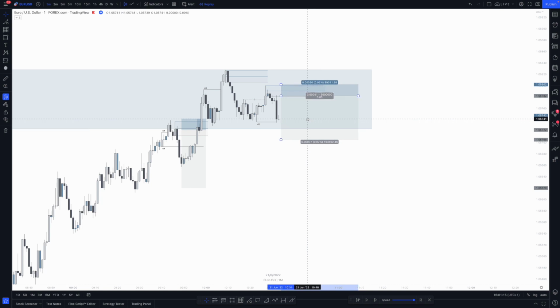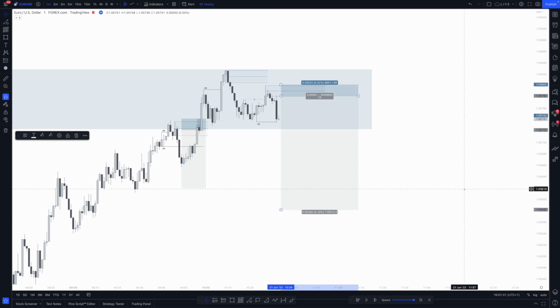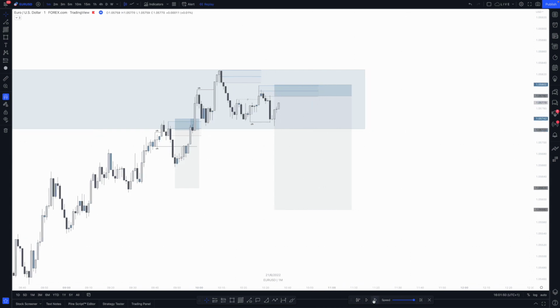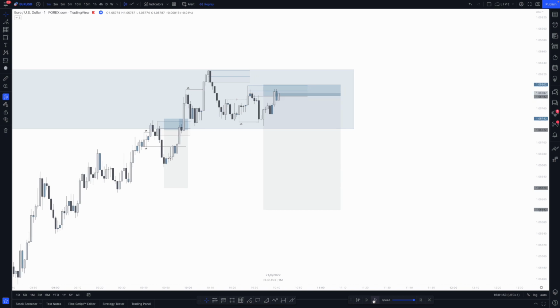Happy to enter with a 2 pip stop. Put the stop loss above the high. And then what I did is I set a TP at 10R. But what I will say is, obviously on the daily we are bullish, on the 4 hour we are bullish, and on the 15 minute we are also bullish. So I wanted to be aggressive with taking profits on this. So what I did is I took 8% off at 1 to 5, and then I let the rest run to 10R. So what you'll see is we come back up, we tap in to my position,